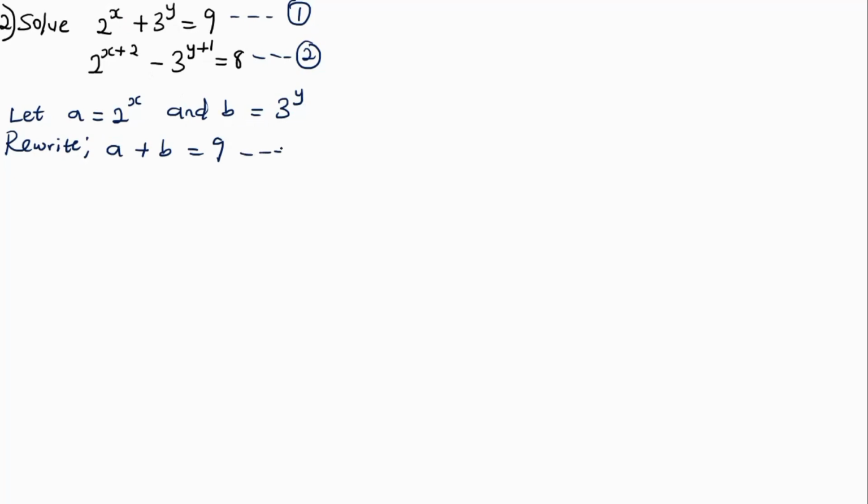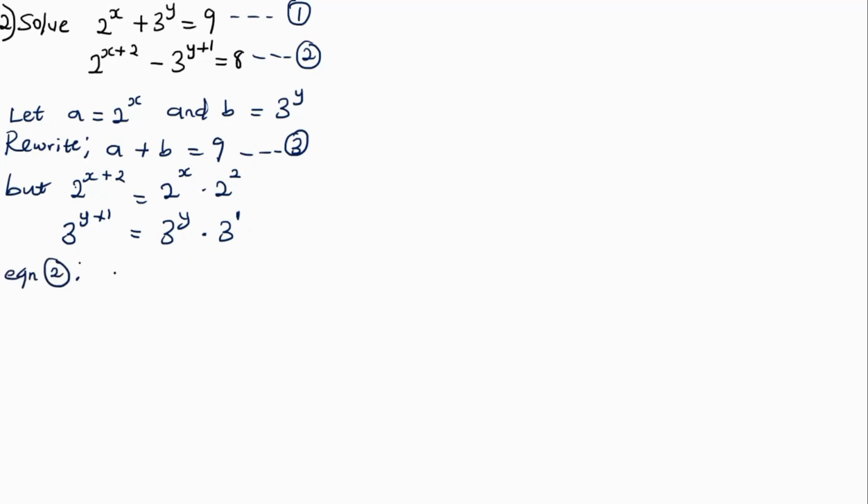And we can call this equation 3 right here. But in equation 2, 2 raised to the power of x plus 2 can be written as 2 raised to the power of x times 2 raised to the power of 2, and 3 raised to the power of y plus 1 can be written as 3 raised to the power of y multiplied by 3 raised to the power of 1. So therefore, equation 2 can be written as